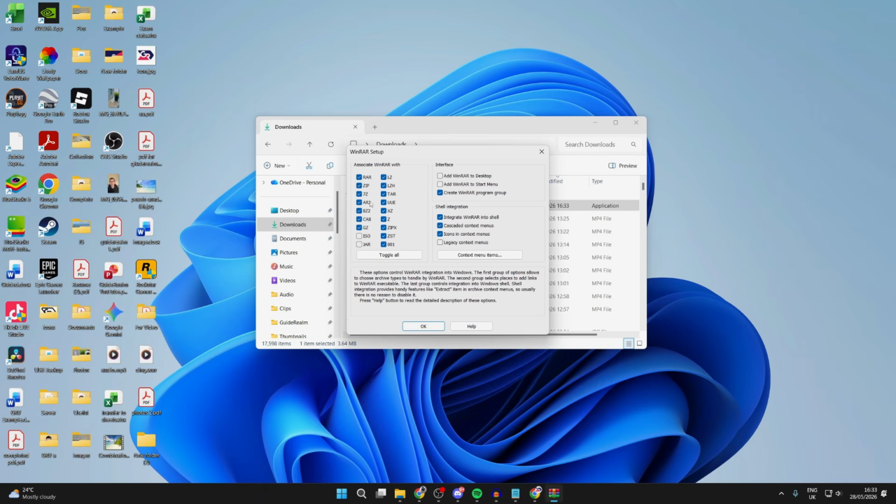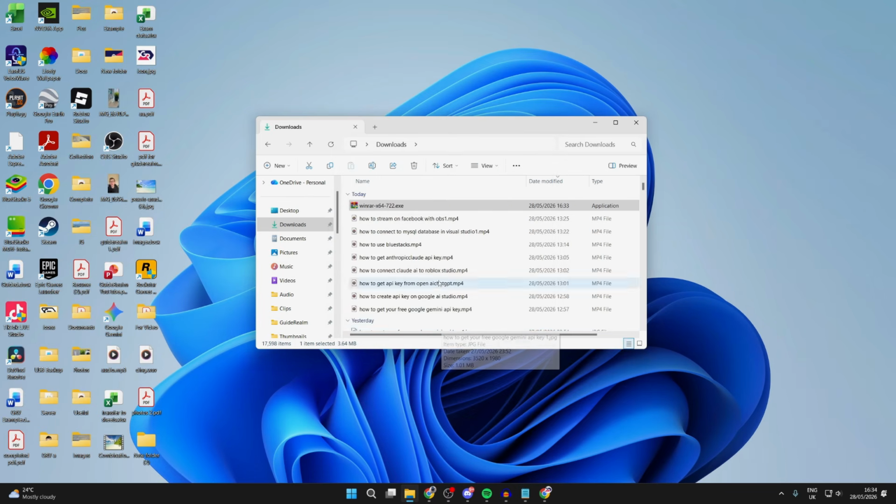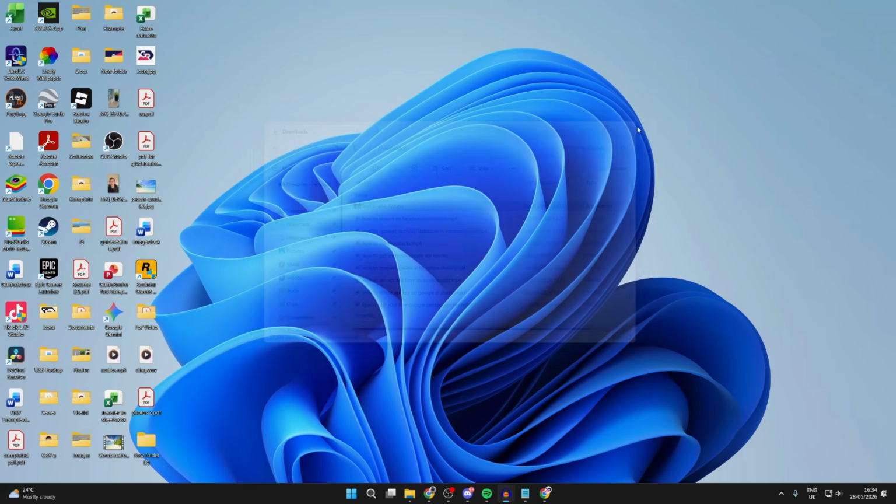Then you can wait, and then here you can choose the associate files you want to use. So you can unselect or select them. You can choose the interface and the shell integration as well. I don't actually change this, and then we can press OK and press done. So you've now installed WinRAR, and you're going to know this because let's say I right